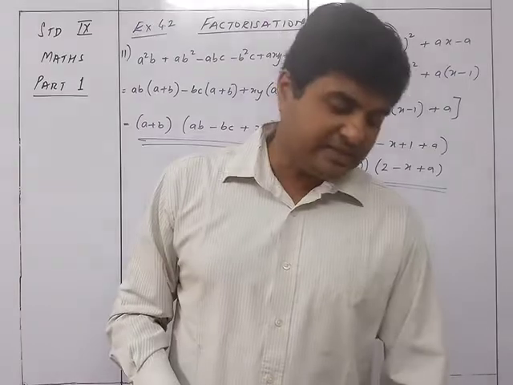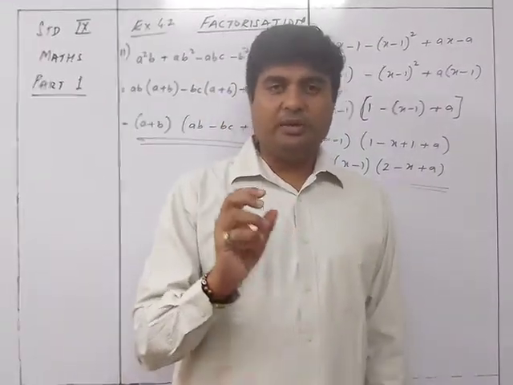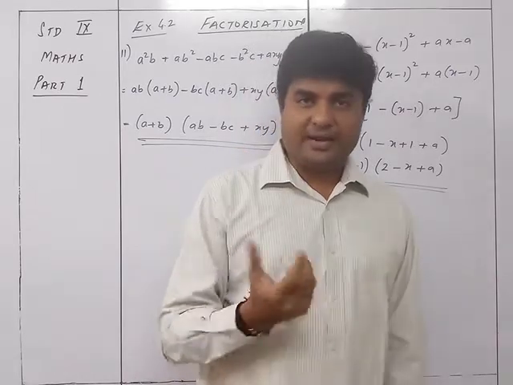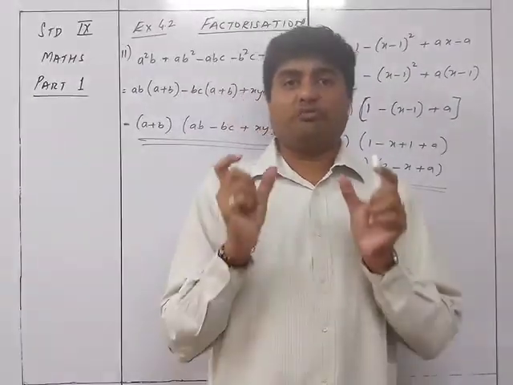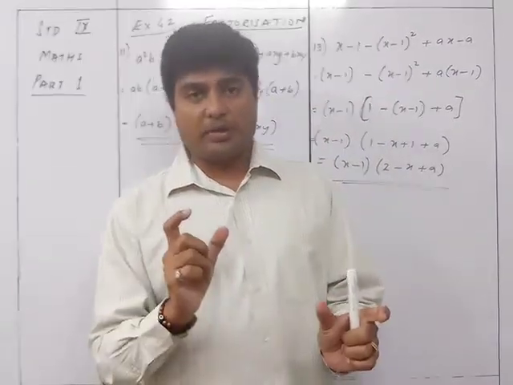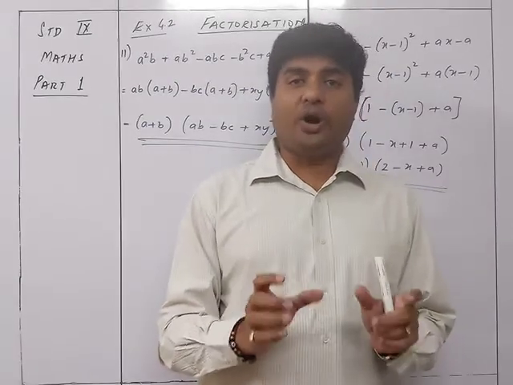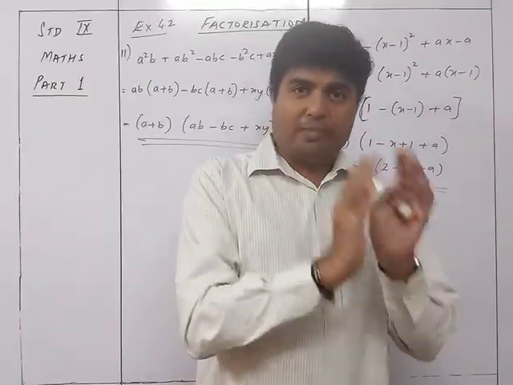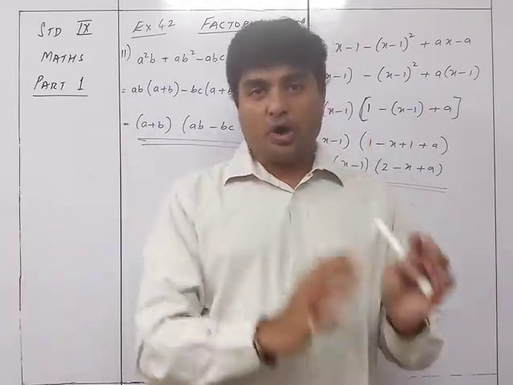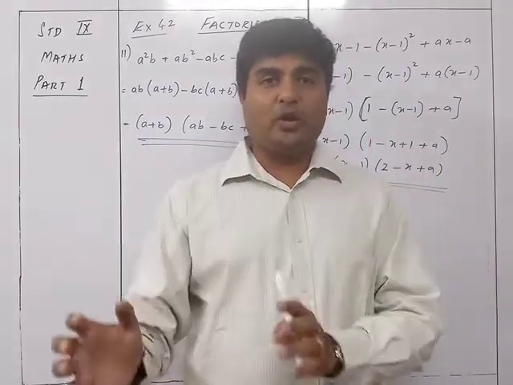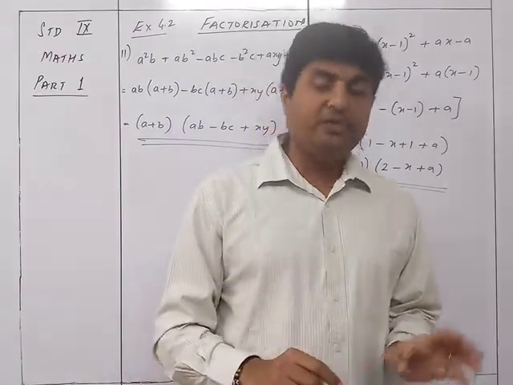So in this way you can see that these sums are very easy. You just have to take out common and take out the common bracket in the next step and get the answer in the form of two multiplications of binomials or binomial with trinomial. Okay, so that's the most important part, that your answer should always be in the form of a number with a monomial or monomial with a binomial or monomial with a trinomial or binomial into binomial or binomial into trinomial. Okay, your answer should be like that in factorization.